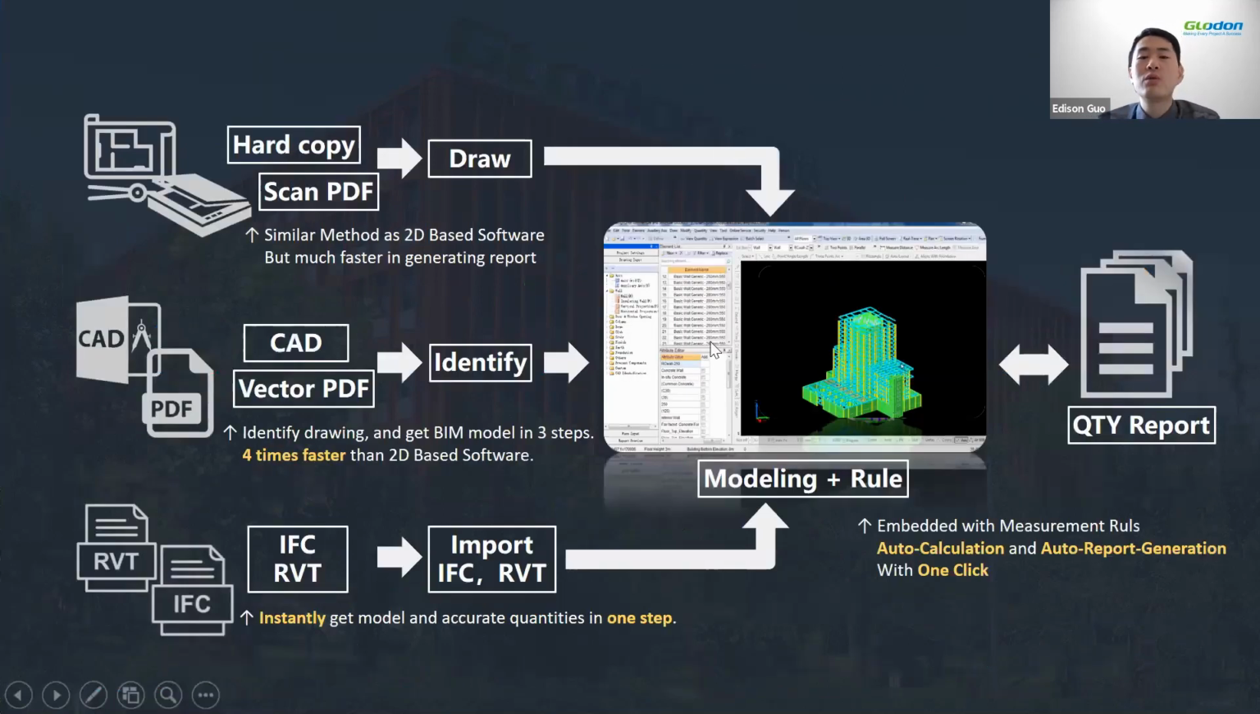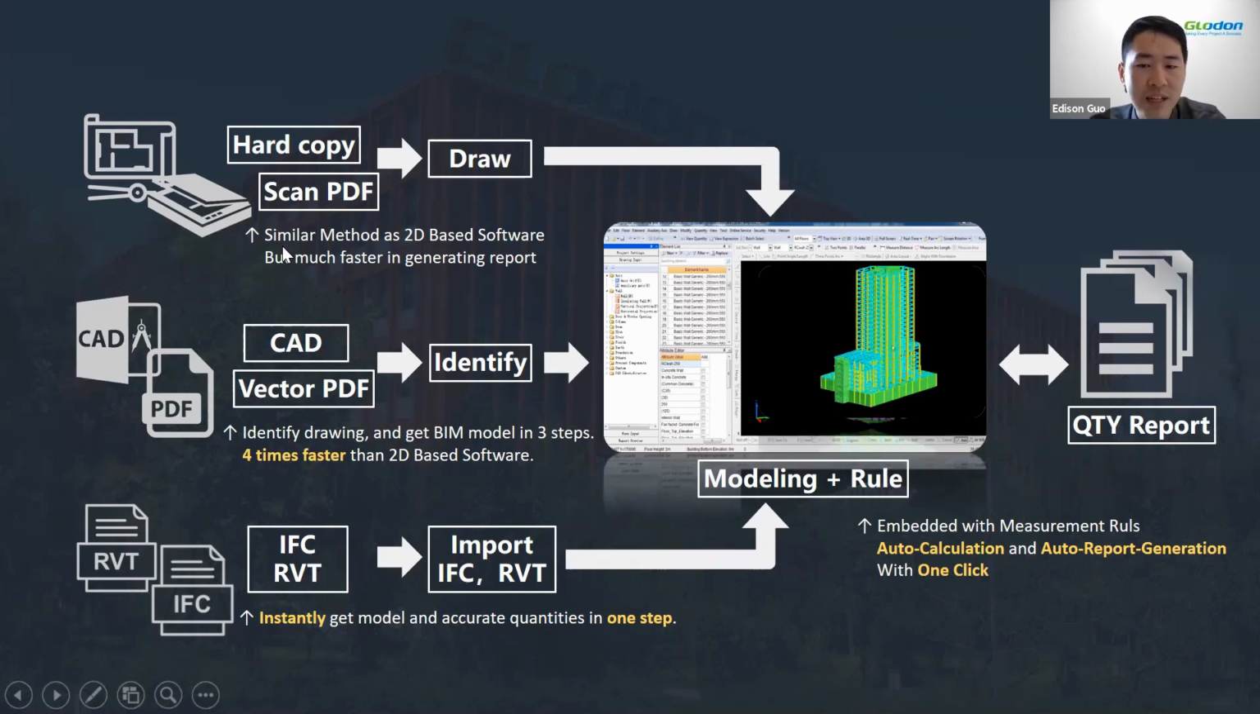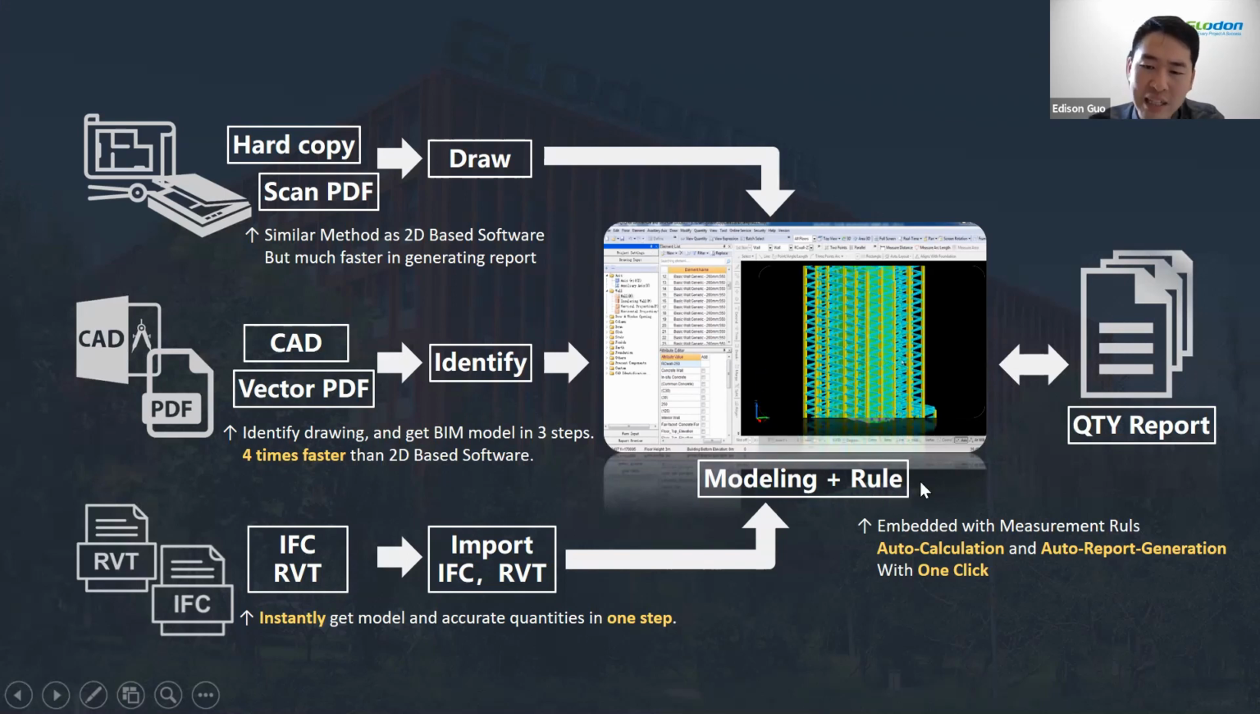So this is basically still the logic of our Cubicost. You have the hard copy, scanned PDF drawing, and you import that into our software. It doesn't matter if it's 2D or 3D or IFC, Revit, you import it into our software. Then the software will do the quantitative takeoff for you, and all the rules are already embedded